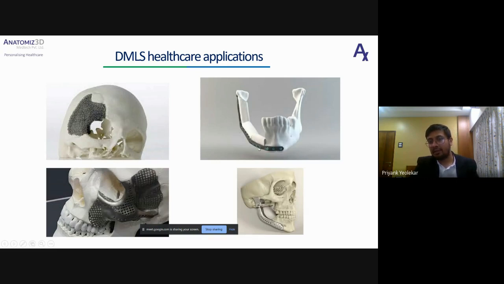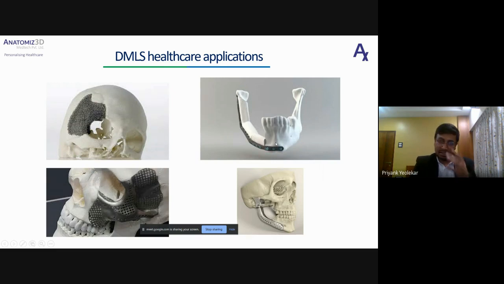This is an example of a free fibula flap surgery, wherein normally what surgeons do is after surgery they have a plate which they bend using different kinds of bending tools. But with the help of 3D printing technology, you can directly design your plate in such a way that it has the shape of the mandible, and you can directly print it so that surgeons don't have to bend it in the OT, and that will reduce a lot of time for them during surgery.